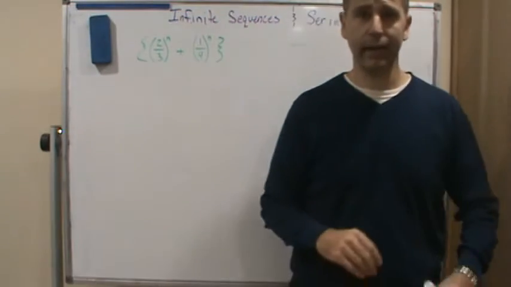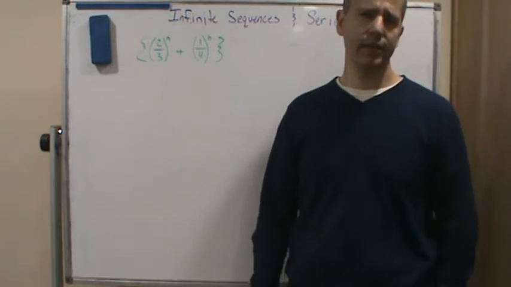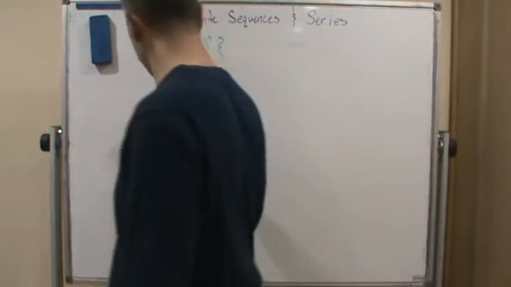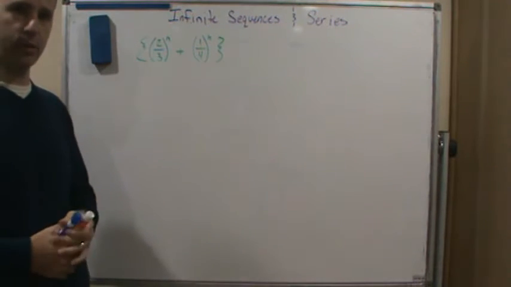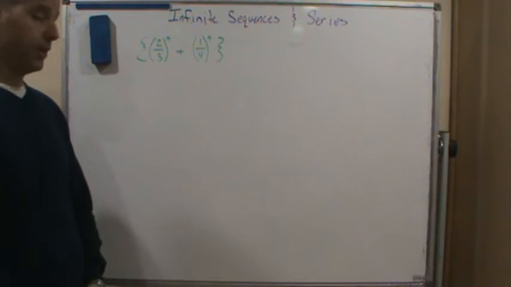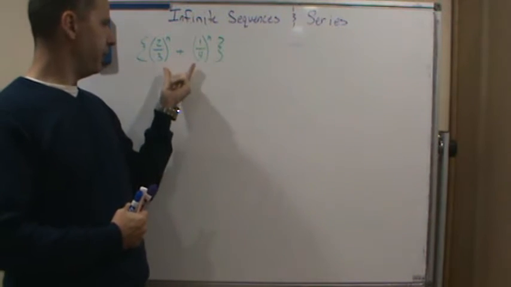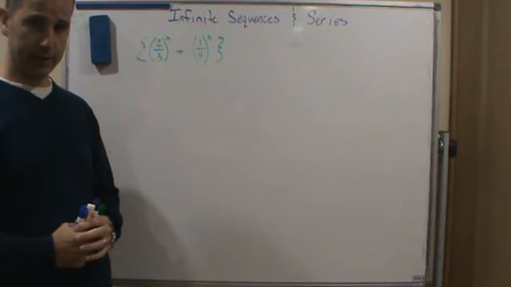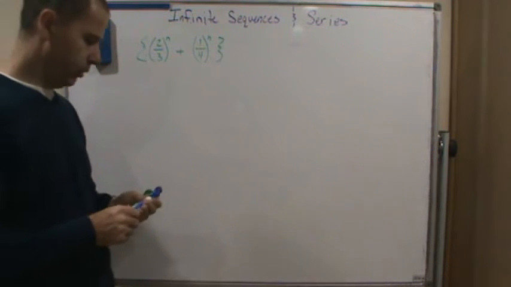Okay, so welcome back, and now in this video we're going to look at more complicated looking sequences. For example, this one here. This is more complicated than any of the other sequences we've looked at thus far. Determining whether this is going to converge or not is actually simpler than you might think, because we can